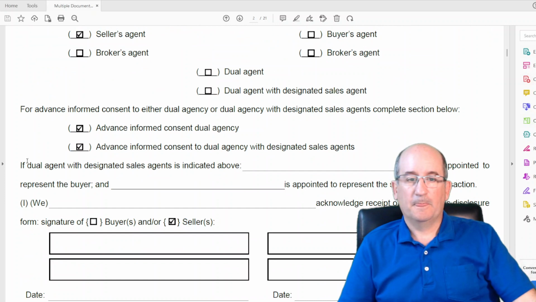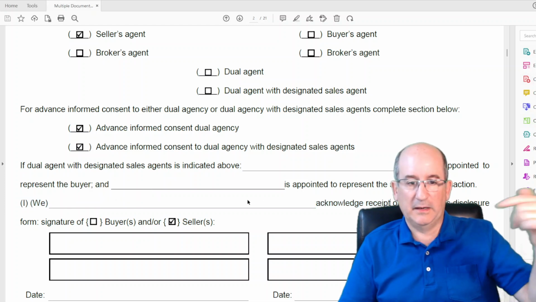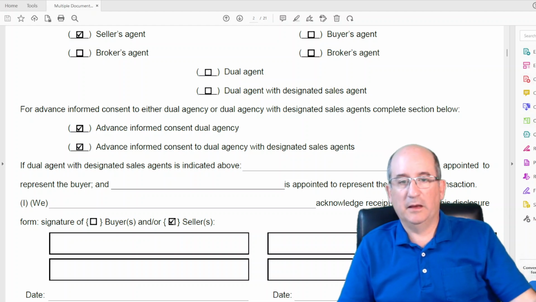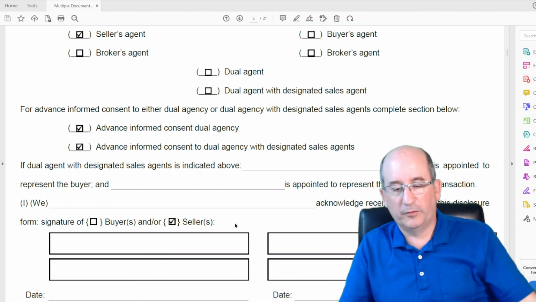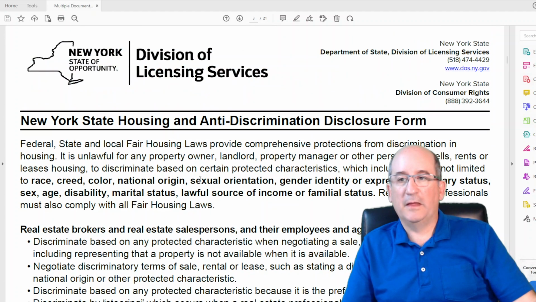All right? So the other thing when you fill out this form is you need to make sure that you put the name of the buyers and sellers, whoever is signing below. I, we, and then their names, and then are they the buyer or the seller? This form is pre-filled out because this is how I would represent sellers, and this is all forms that are in my seller folder. So the next form that I always do,